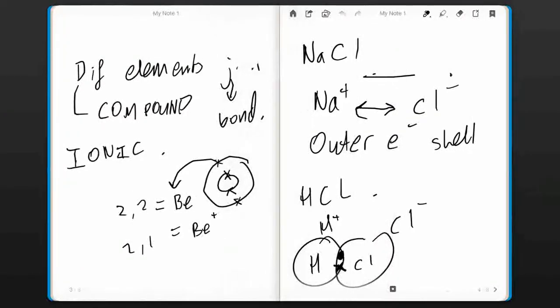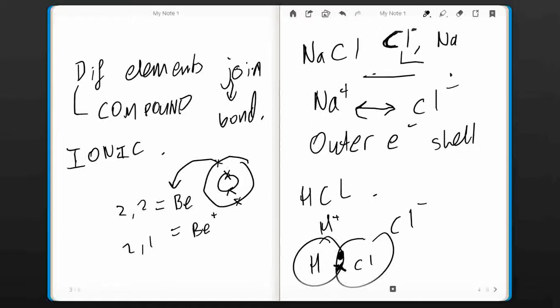So, different elements can join with each other, and that's actually more common than the same element joining sometimes, in exams anyway. So for example, sodium chloride. This is a compound because it has a chlorine and a sodium atom joined together. Now, why is there only one of each? That's because chlorine is in the 7th group, so it only has to get one more electron to fill its outer shell,